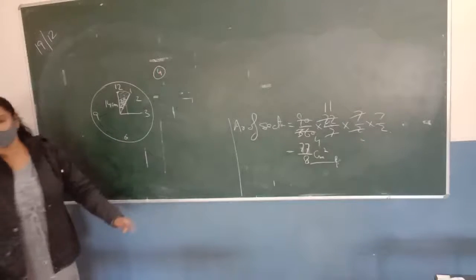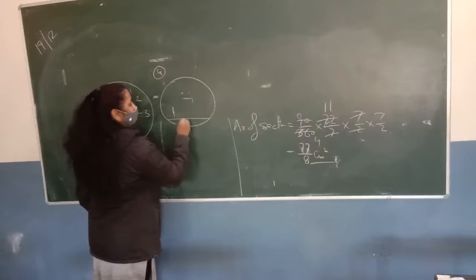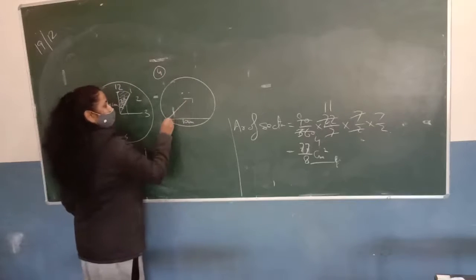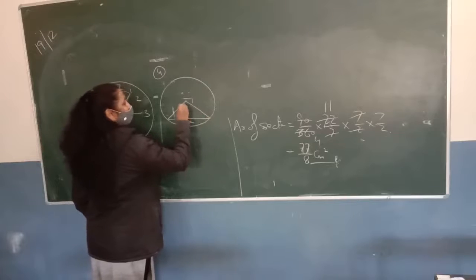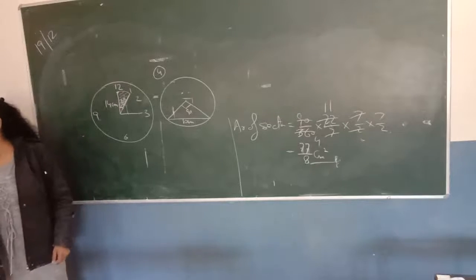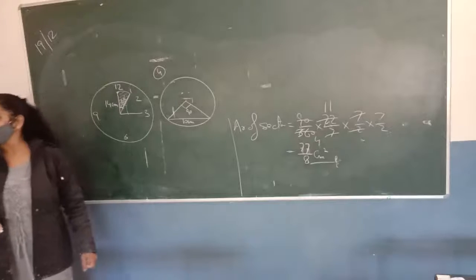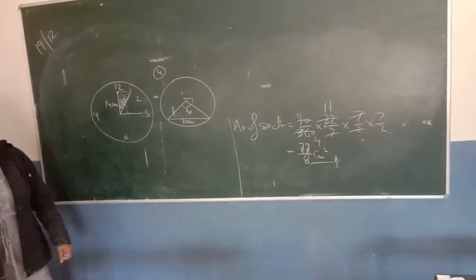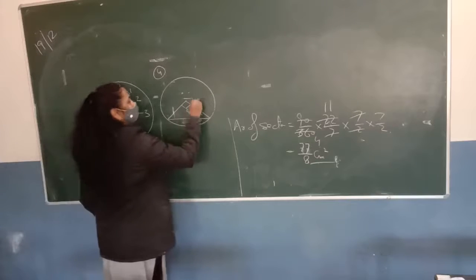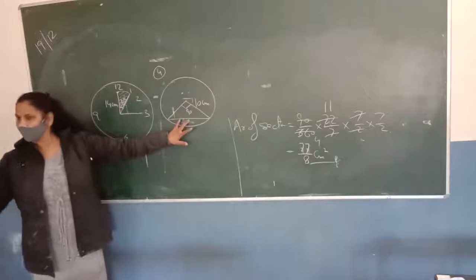A chord of a circle of radius 10 centimeters. The chord of this 10 centimeter subtends a right angle at the center. And the angle at the center is of 90. Find the area of the corresponding minor segment and major segment. Please again read this question. A chord of a circle of a radius of... The radius is 10 centimeter. You have to find the area of the segment, minor and the major segment.